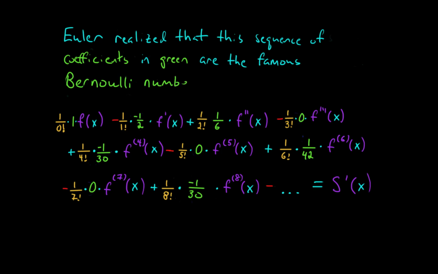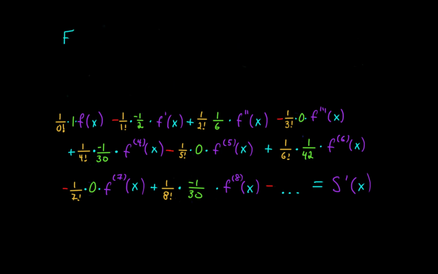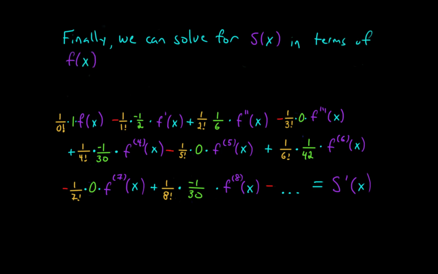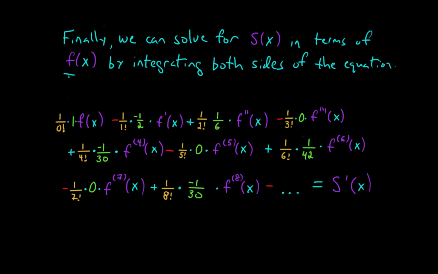And now we're ready to take the final step in deriving the Euler-Maclaurin summation formula and solve for s of x in terms of f of x and its derivatives of all orders by integrating both sides of this equation. So when we do that, when we integrate the left-hand side of the equation and the right-hand side of the equation, we have